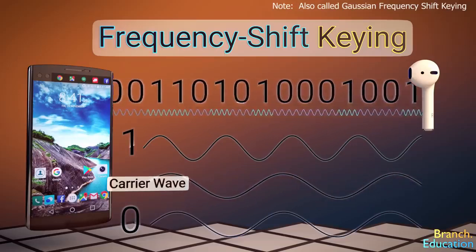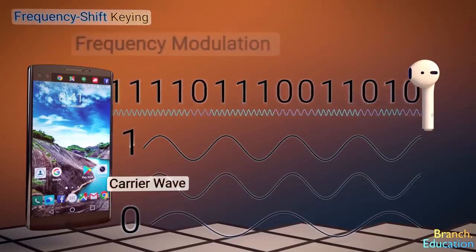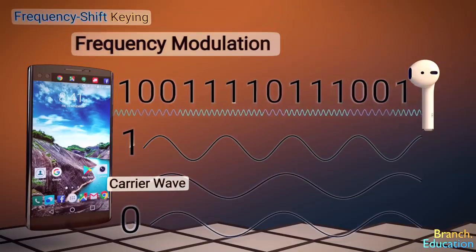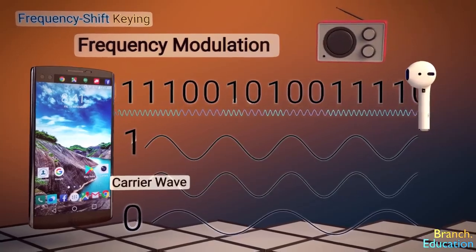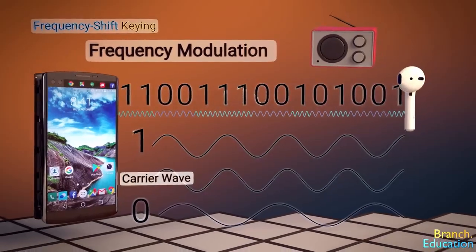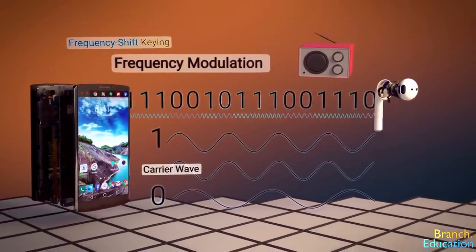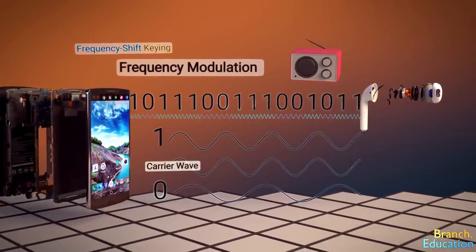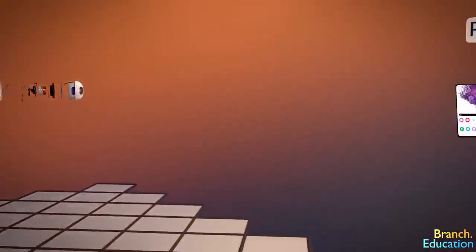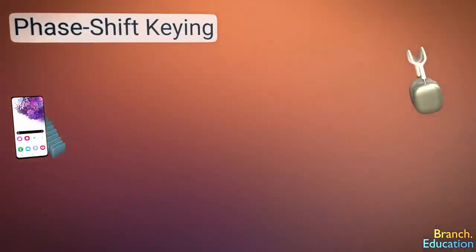This shifting of frequencies in order to send information is also called frequency modulation, and it's closely related to FM radio. That being said, Bluetooth isn't limited to using just frequency shift keying, but rather it can also use other properties of electromagnetic waves to transmit information. A different method that has higher data transfer rates is called phase shift keying,